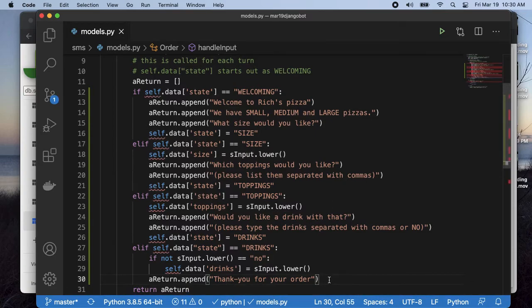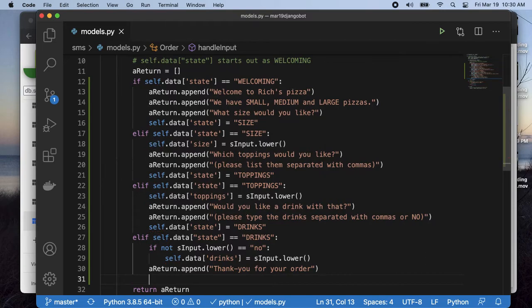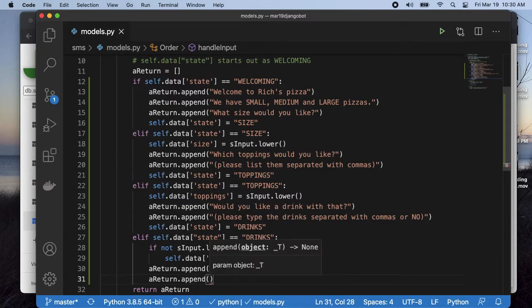So a return append, thank you for your order. Then we'll do a return dot append. So we'll start with the size. So it's going to be self.data size